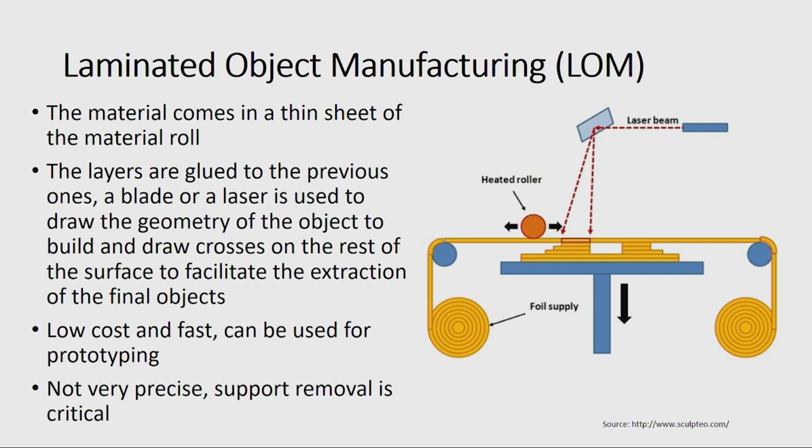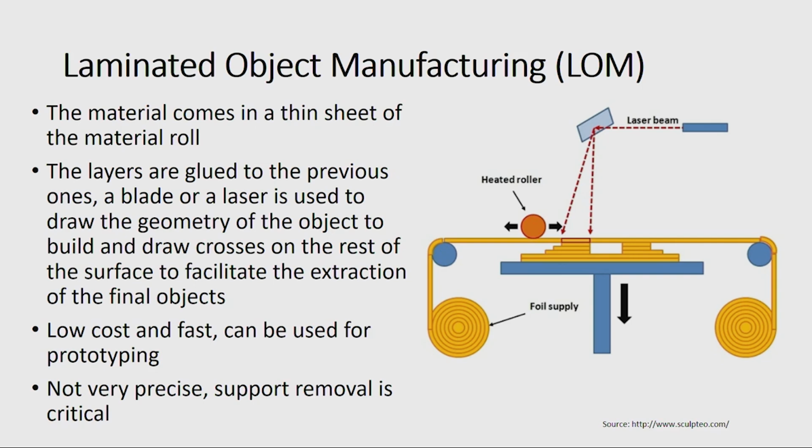And one of the main advantages of laminated object manufacturing compared to the other types is that the object will have a very low cost, and the printing will be much faster compared to others. And this laminated object manufacturing also is not popular since it is not very precise, and